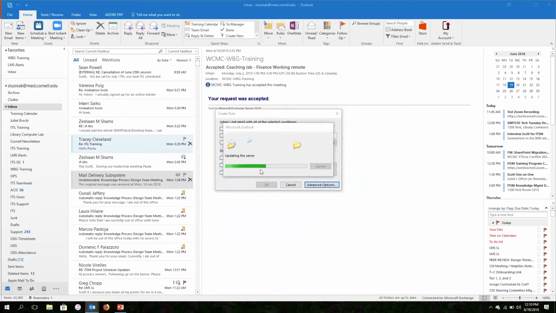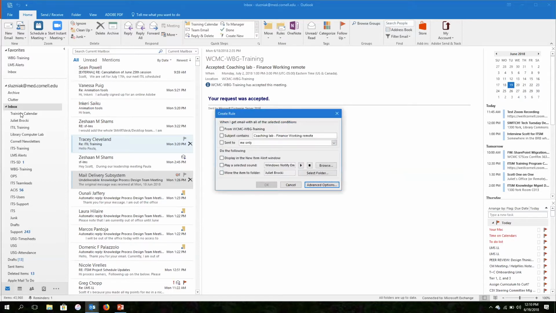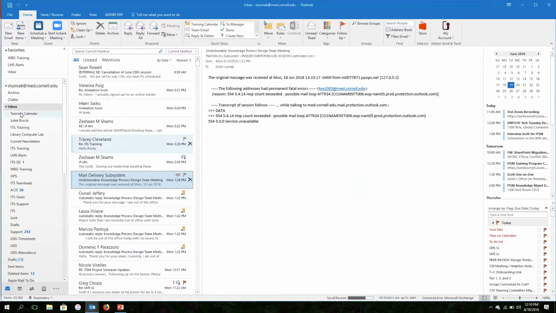Updating the server. Also, one thing to know about rules, who uses the Outlook client on their desktop? Okay, and then everybody else, they use the O365 portal? Okay, or the webmail client. Anything that you,